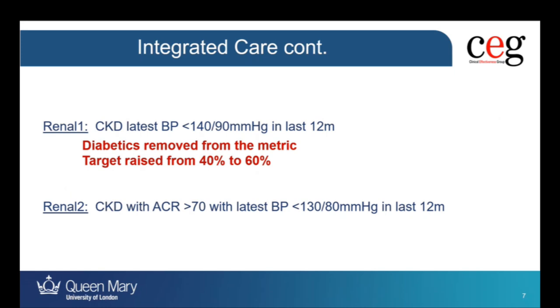Renal 1, so CKD patients with the latest BP of less than 140/90 in the last 12 months. The diabetic portion of this indicator has been removed. Last year, if a patient had both CKD and diabetes, their BP would have to be below 130/80. But the diabetic portion has been removed for this year, and the target has been raised from 40% to